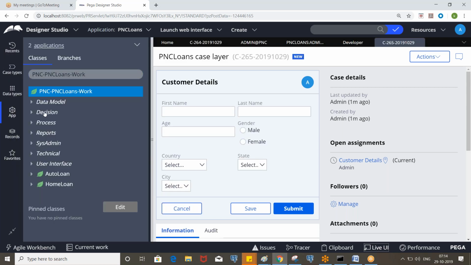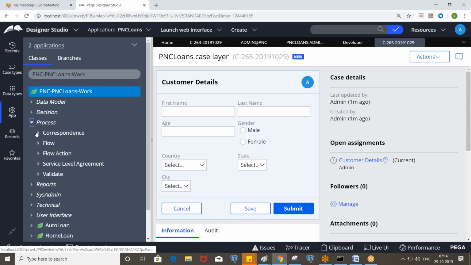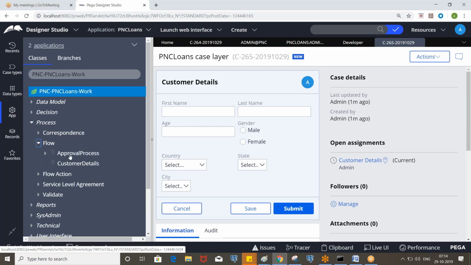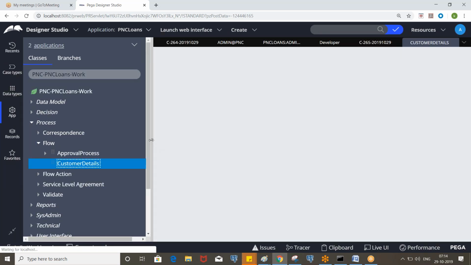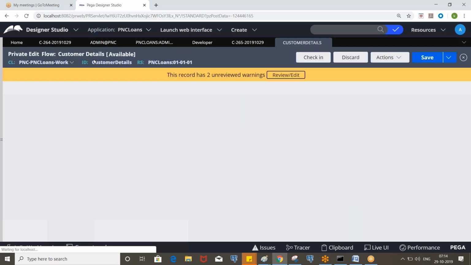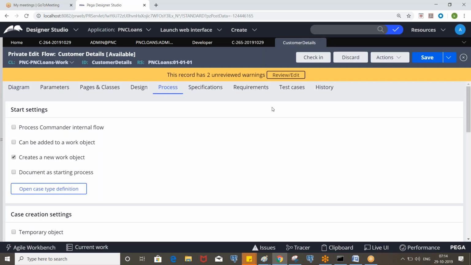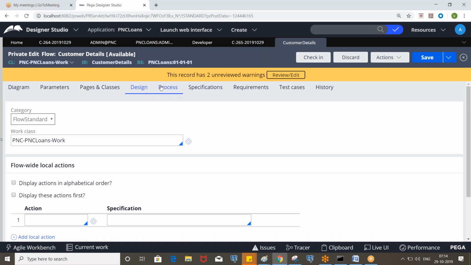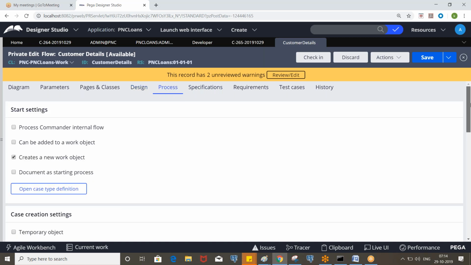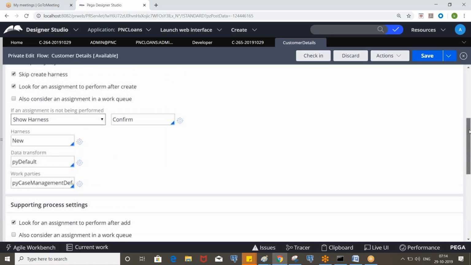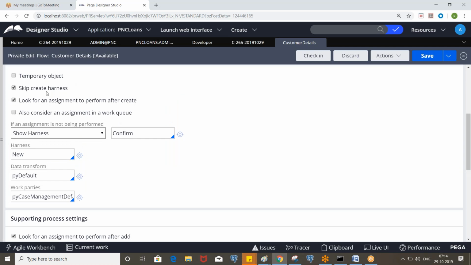If you open any flow, we will see the process tab. We have this checkbox enabled by default, skip create harness. Create harness is nothing but the new harness.